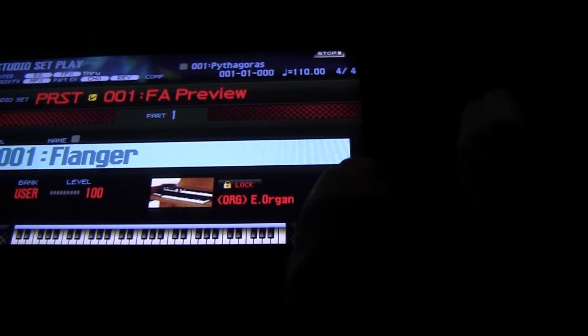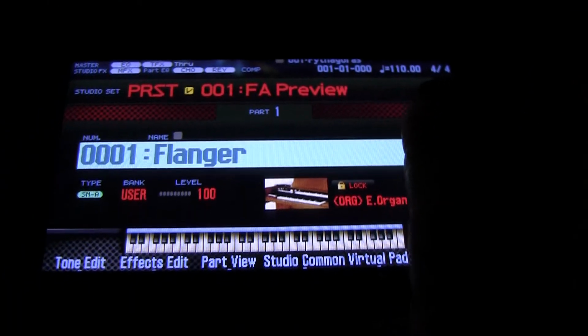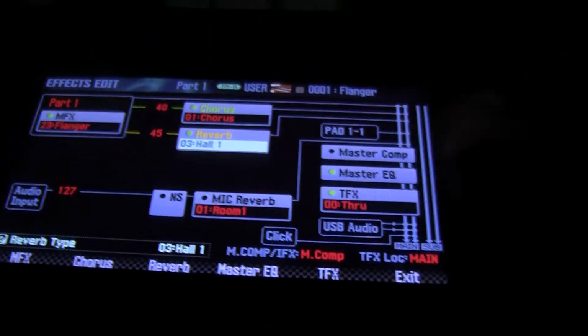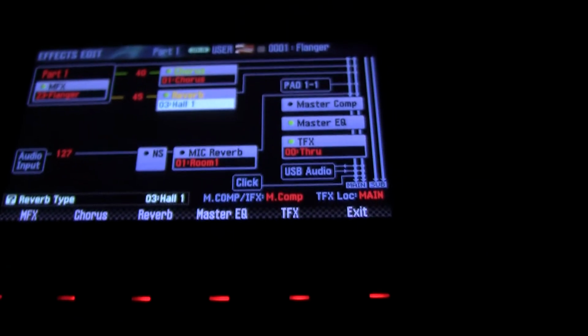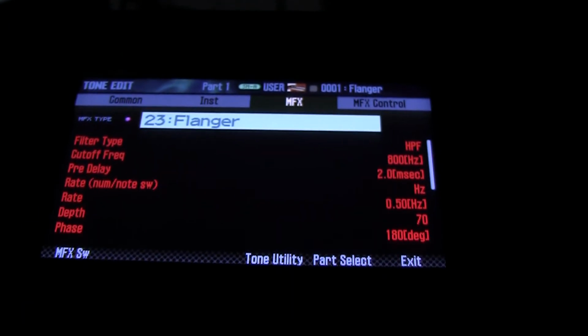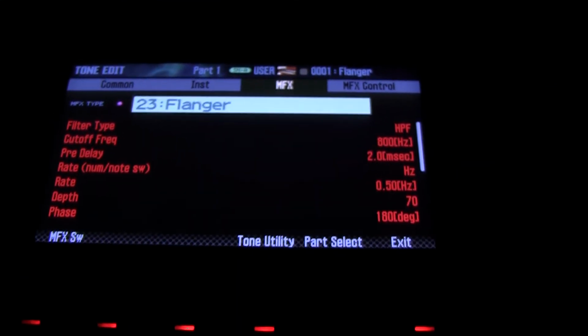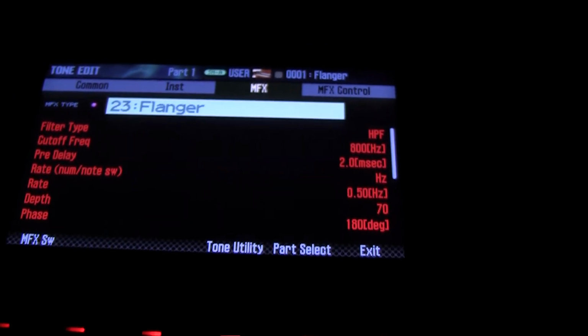So the flanger settings are found with the effects edit. So we go to the effects edit screen and we select the multi effects. And as you can see, the flanger is selected,